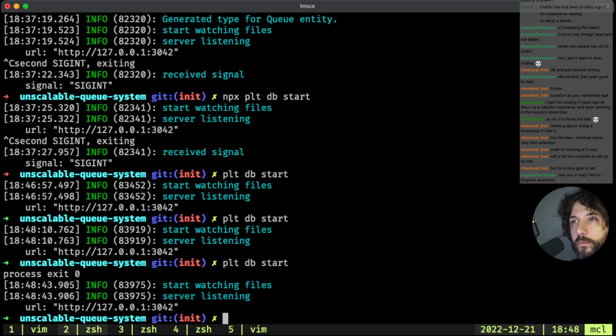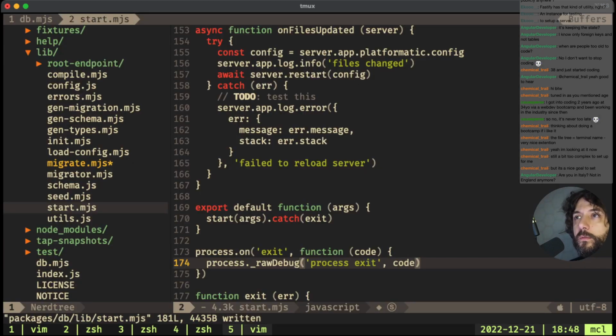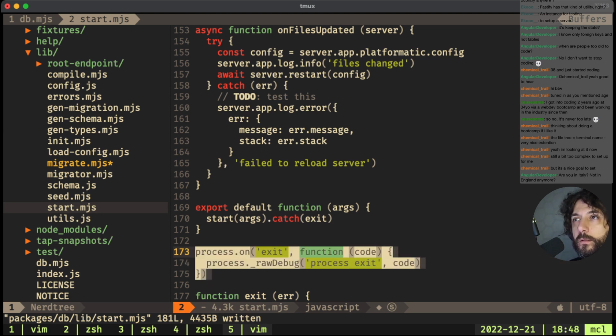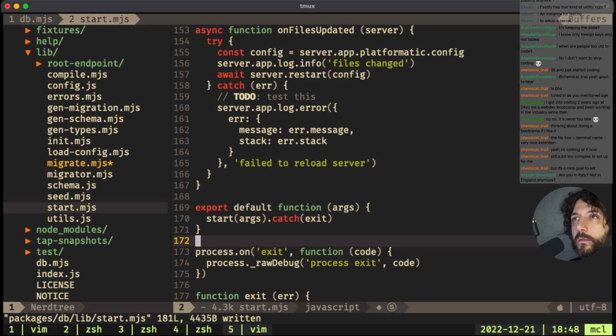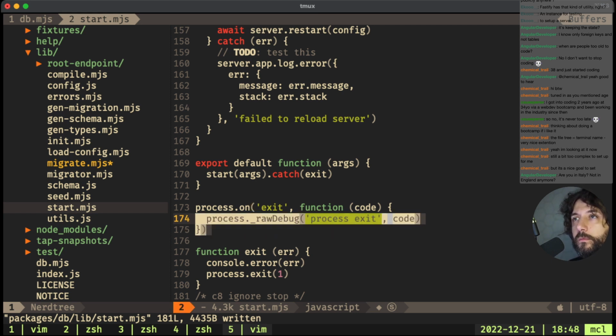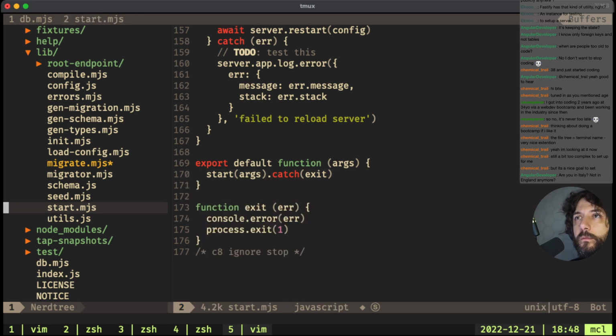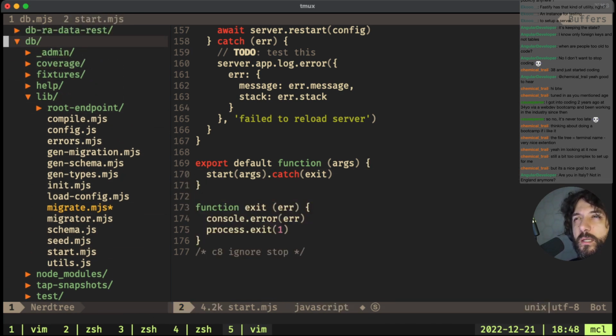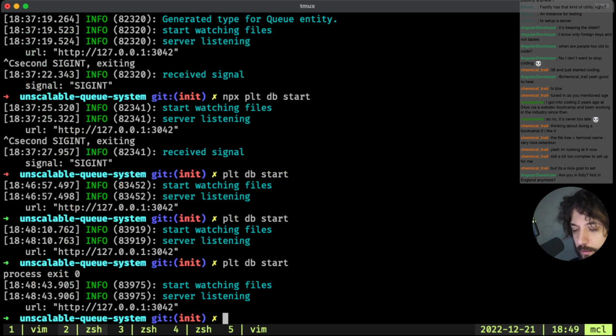Okay. Process exit 0. How the heck is this exiting? Wait a second. Let me try something.